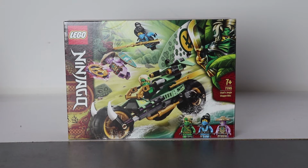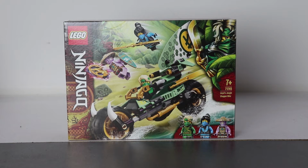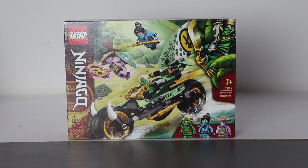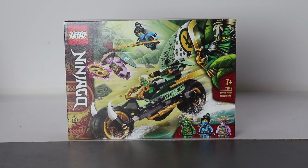Ninjago 71745 Lloyd Dark Copper Bike has 183 pieces at a retail price of $20. It is, yeah, we are back to a 180-piece set. We can feel the past of the Ninjago $20 sets. We cover around mostly 160 to 180 pieces instead of